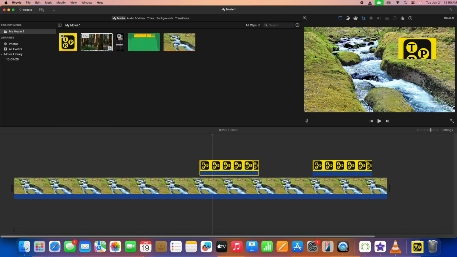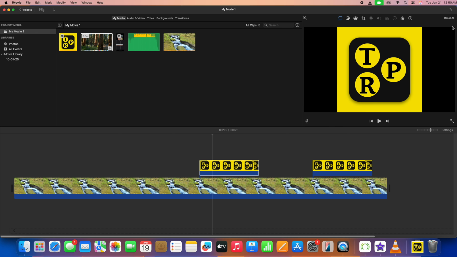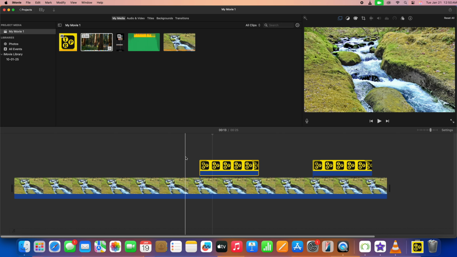and after that we will click on the fourth icon, that is for cropping. So we will select the cropping tool, and after that you will notice that here the style is selected as Ken Burns. So currently Ken Burns is active on this image and we need to change that from Ken Burns to Fit or Crop to Fill. When selecting Crop to Fill, you will need to select the portion that you want to show, and if you want to show the entire image, you can click on Fit, and after that click on this done check mark. So you can see now if we preview it, this is how the image will appear.